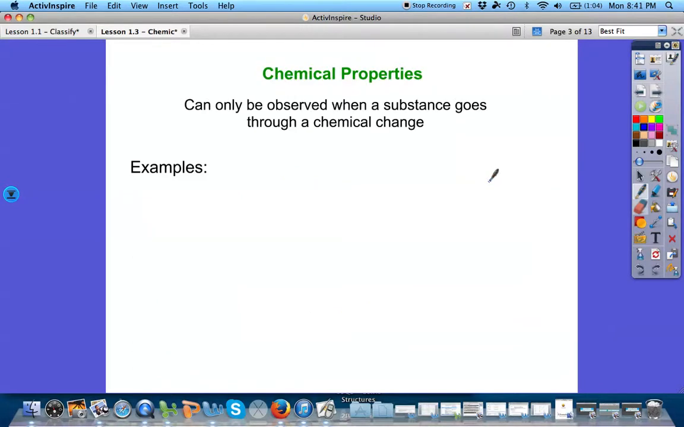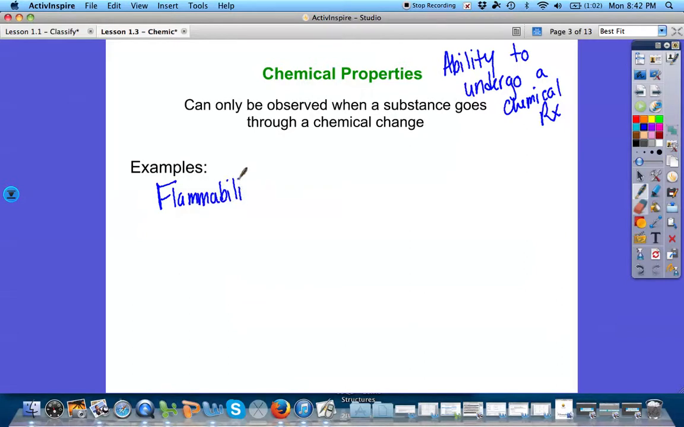Chemical properties can be observed when a substance goes through a chemical change. And this is the ability to undergo a chemical reaction. We have to change the object to see if these things exist. So some examples of chemical properties are flammability, rust or corrosion,